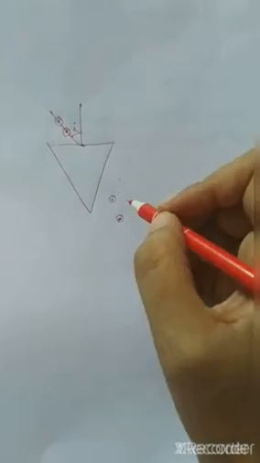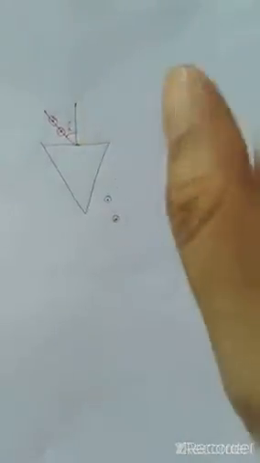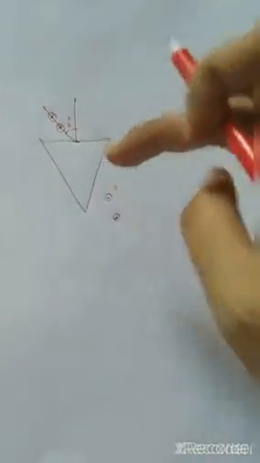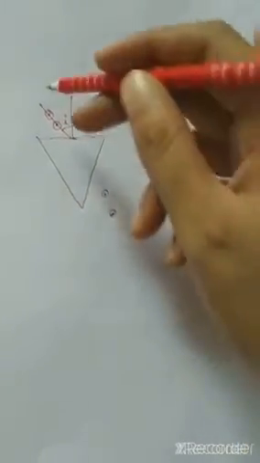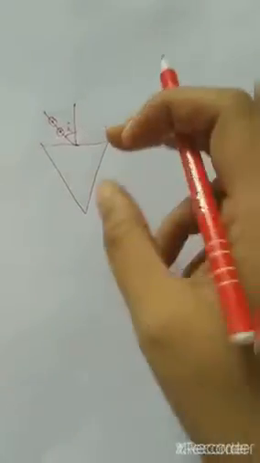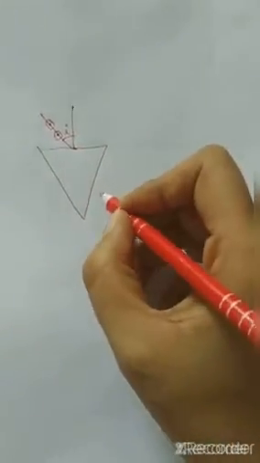Clear? Now what you have to do, just check it properly that these two pins and the other two that you are putting here on the other side, all these four pins are coming in a straight line. When they are coming in a straight line, just remove the pin, mark the point and remove the prism. Now join these 2 points.